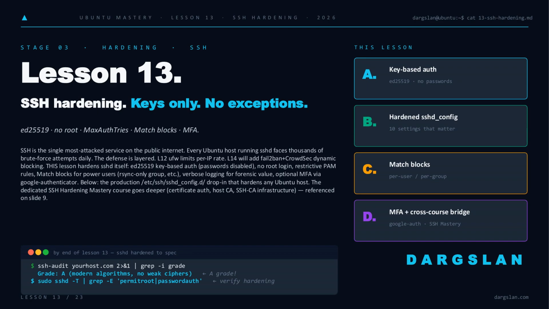This is where we lock down the single most attacked service on your host. SSH faces thousands of brute force attempts daily, and our answer is uncompromising. Ed25519 keys only, no passwords, no root login, and a hardened SSH config drop-in that any Ubuntu box can